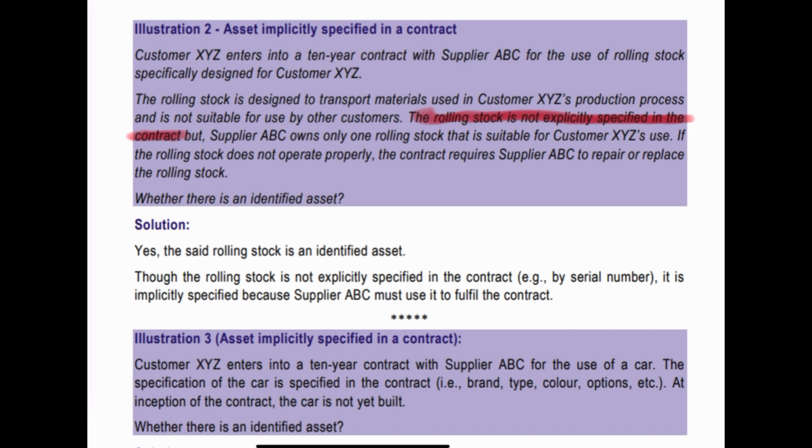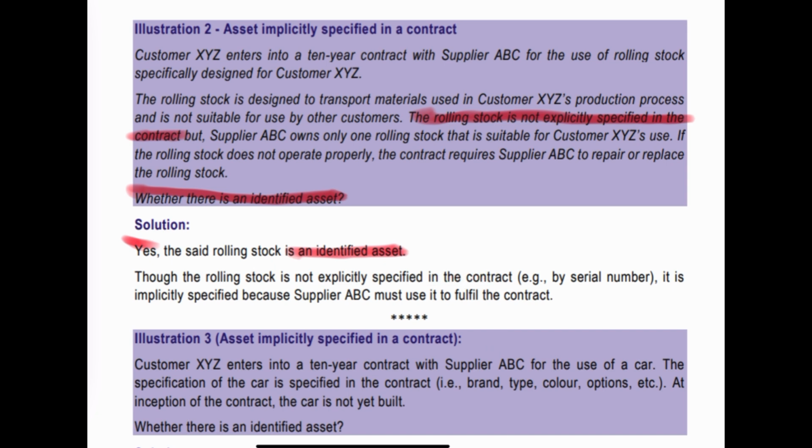So supplier ABC owns only one rolling stock that is suitable for customer XYZ's use. If the rolling stock does not operate properly, the contract requires supplier ABC to repair or replace it. So you have to see whether there is an identified asset here. The answer is yes, the said rolling stock is the identified asset, because though the rolling stock is not specifically